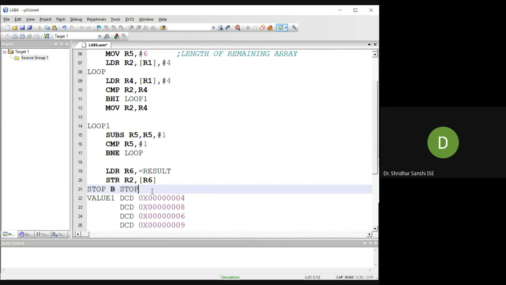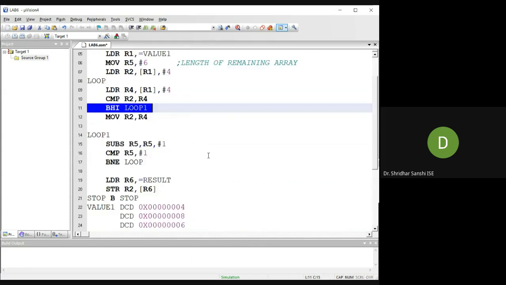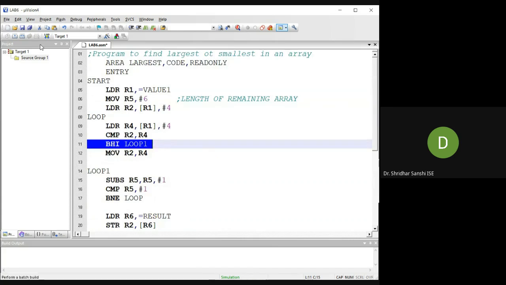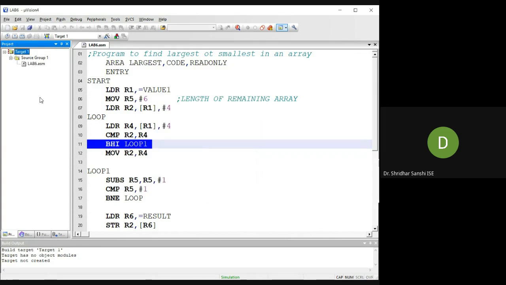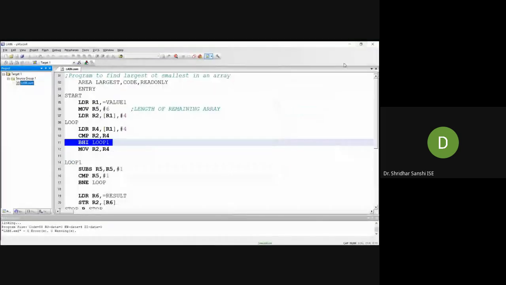For similar tasks, you just need to change this condition. Let's execute and see. No error.